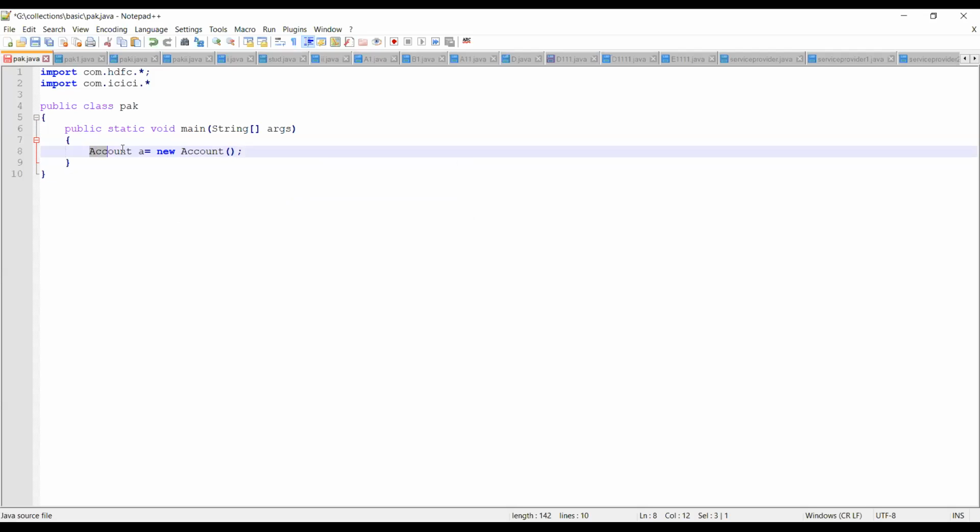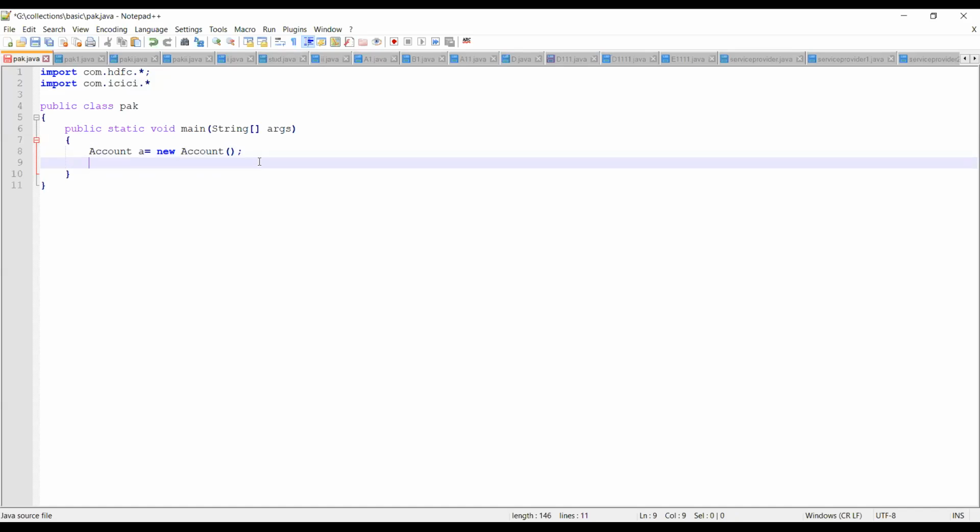Now, what do you understand by Account? Have we created this class? No. We understand that Account should be an inbuilt Java class. Now, if I ask you a question, which import statement does Account come from? Whether Account is part of HDFC or part of ICICI, which one are you supposed to deal with? There will be a confusion. I cannot clearly tell whether Account is under ICICI or HDFC. It's very difficult for me to tell.